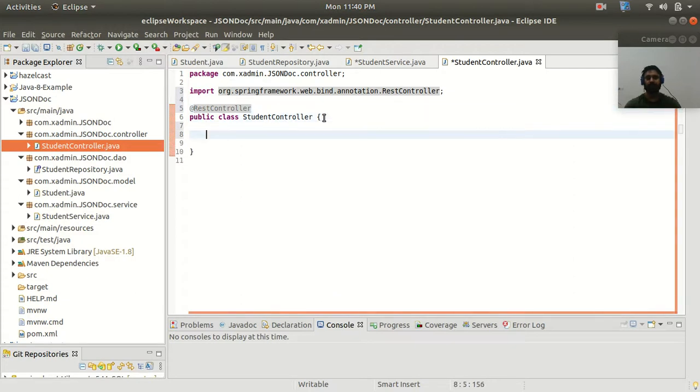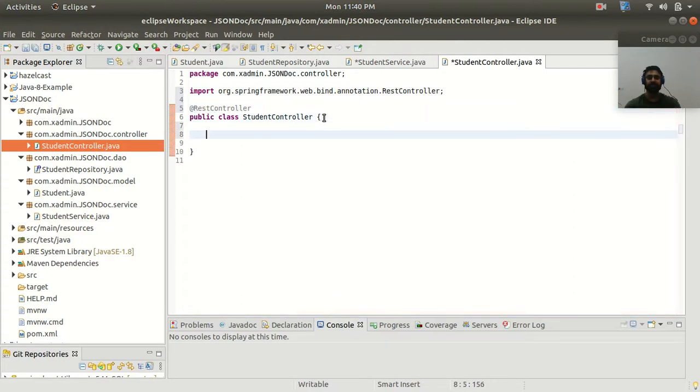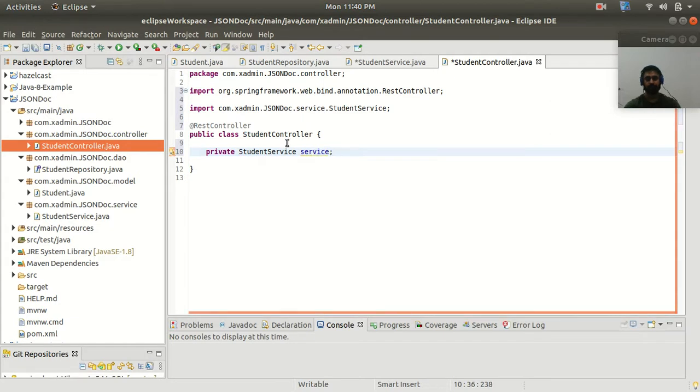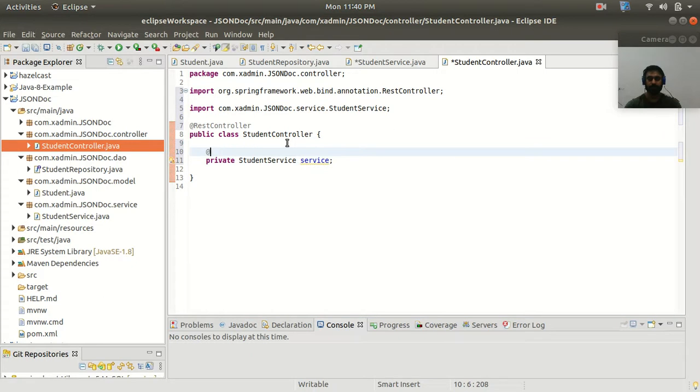And now I will inject a student service object here. So for that, we need to write a private StudentService with @Autowired.